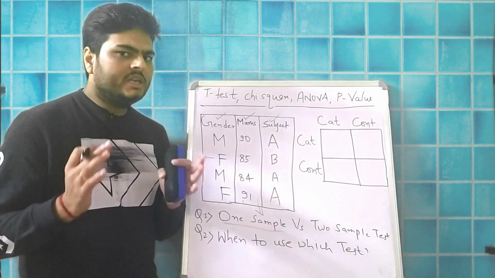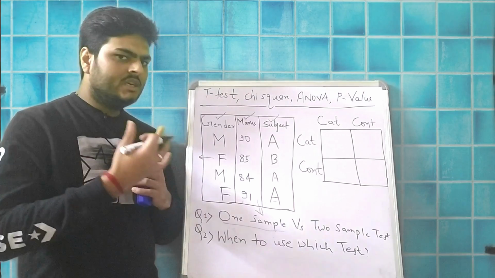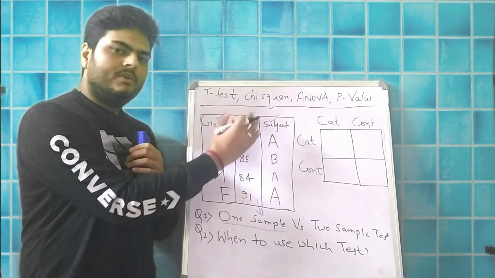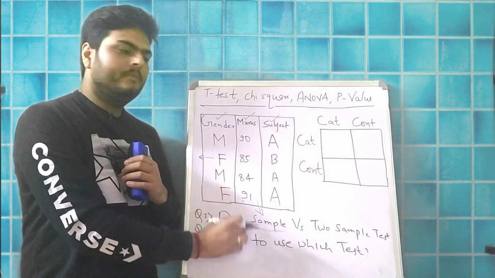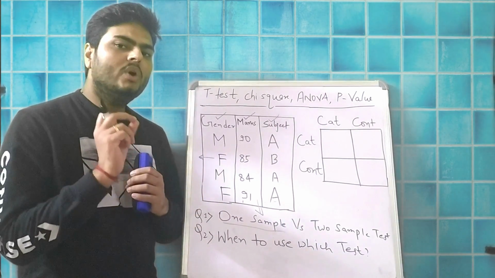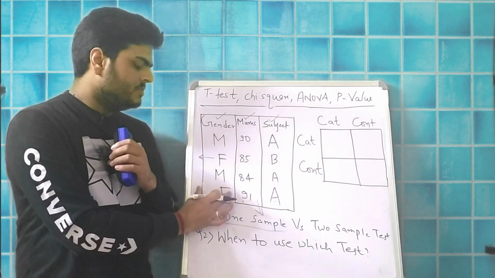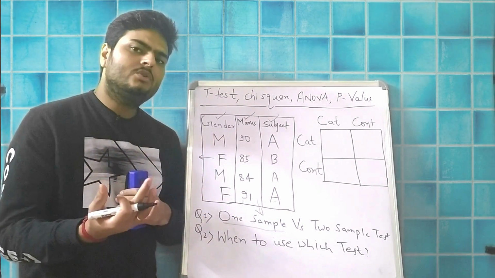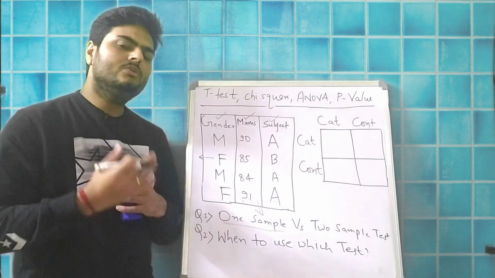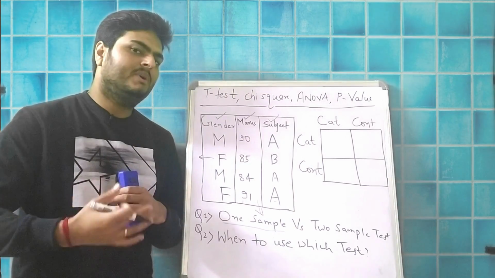Okay, so any type of test that you do on one sample is known as one sample test. The examples which we took, mean is above a number or below a number, that can be done using something known as t-test. Okay, one sample t-test I am talking about here. Here I was talking about the proportion. This can be done using a one sample proportion test. These things are known as one sample test.